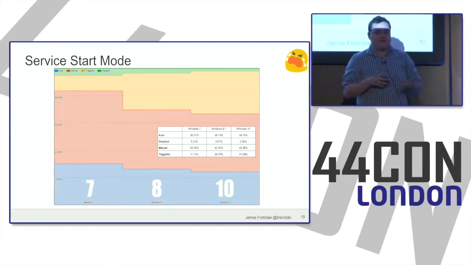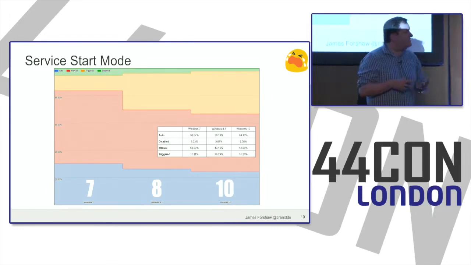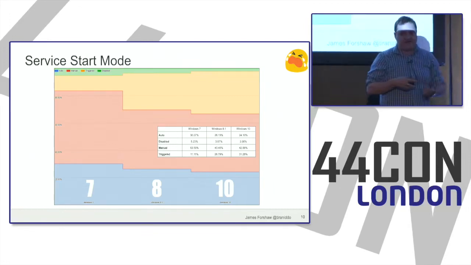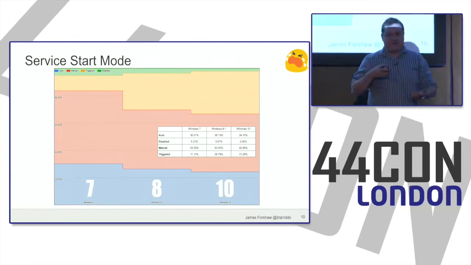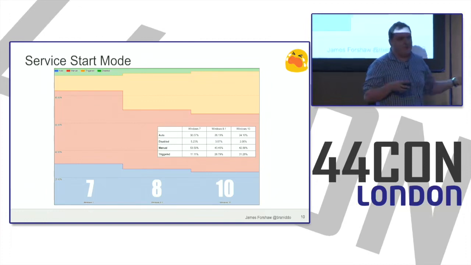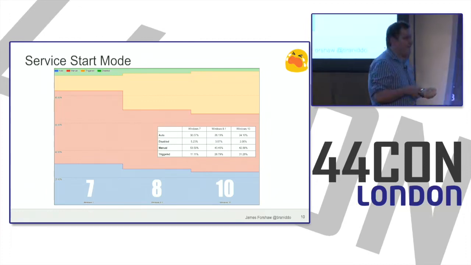So you could almost consider them to be attack surface as well. In combination, you can see there's not much of a difference, to be fair, but actually triggered services have grown massively since 7. And so the number of services which could theoretically be running under control of the user has also increased. So not only have we got more services, we've got more privileged services, and potentially more services which could be running at a higher privilege, which you can attack, which is always good from a local attacker perspective.